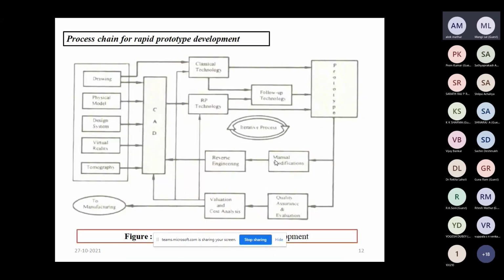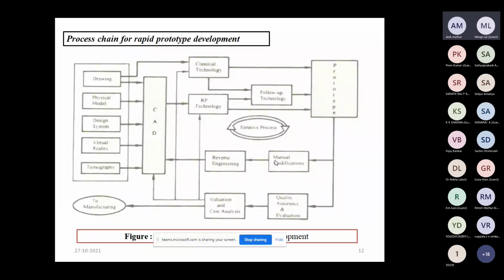Okay, let us see what is the process chain for rapid prototype development. Basically, in the process chain for rapid prototype development or additive manufacturing, all the inputs are transferred into a CAD design model. This input can be a simple drawing, which was used initially when we didn't have software like CAD, CATIA, SolidWorks or Pro/E.